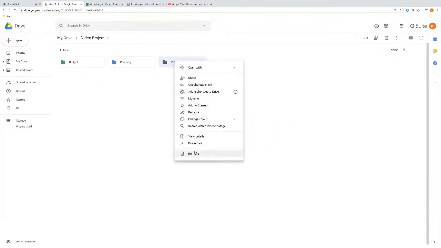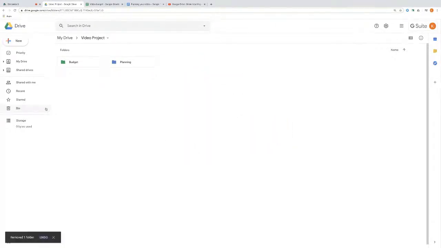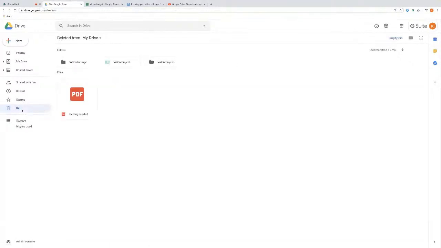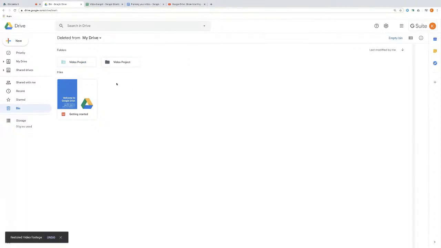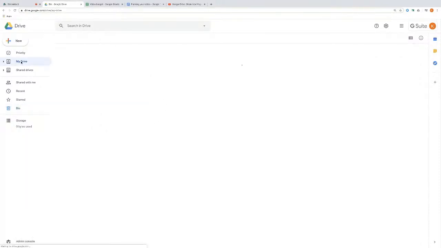And if I delete it, it comes over here into my bin. And they will stay in here for a while. So you can see there's some previous files in here. But if I want to retrieve it, I can by coming up to the top right-hand corner and just pressing restore from bin. Once you delete it permanently from your bin, your administrator will have 25 days to be able to restore that. After that, it's gone for good.